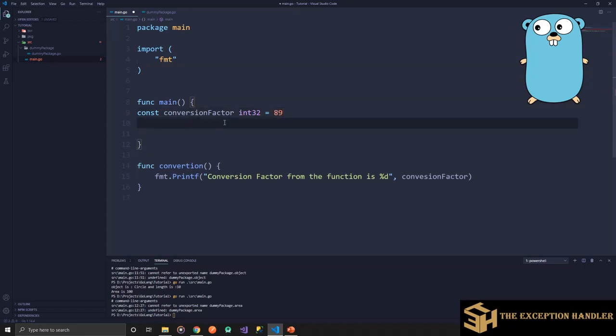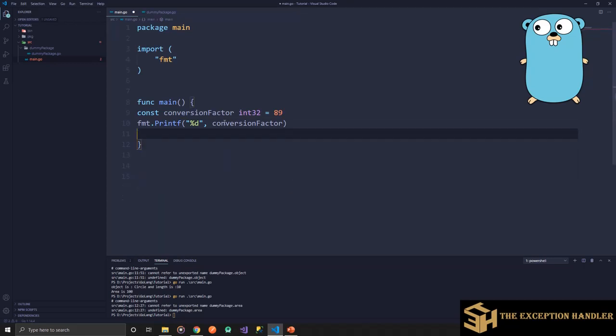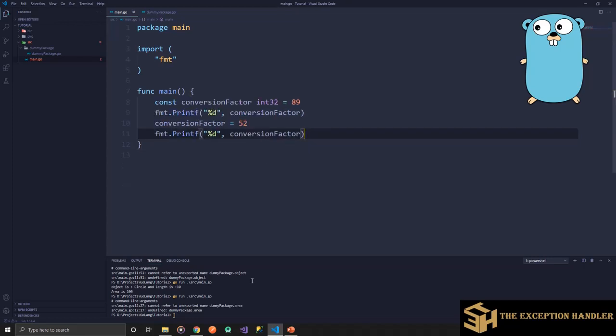And try to print it, fmt dot Printf, %d and conversion factor. This will help us print this value, and after this we'll also try to assign a new value to it, and let's see if this works, because a constant is supposed to be a variable that does not change in further code.